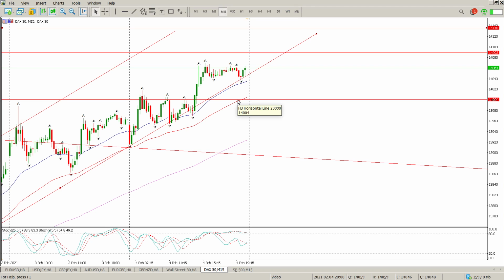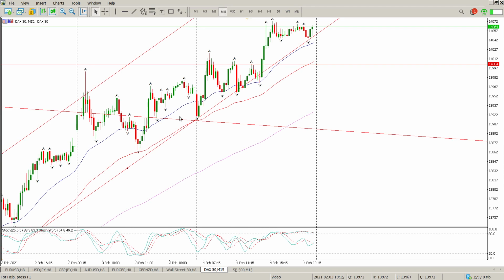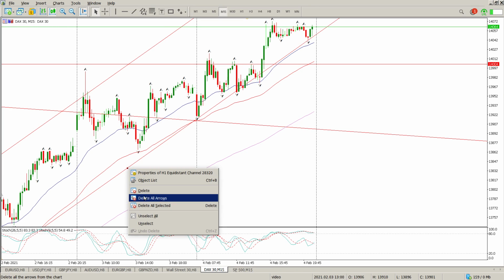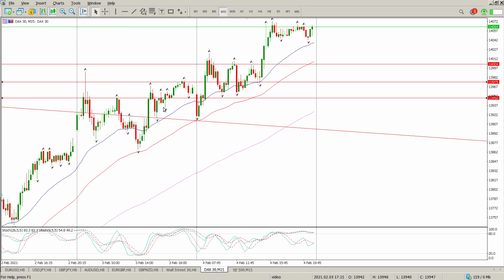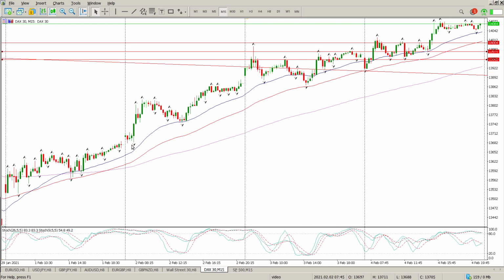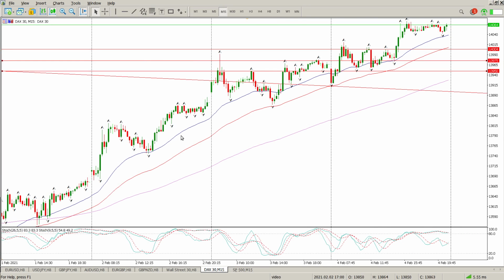Now, one of the things about a retest of 14,000 is that it does break the channel. So if we just delete the channel and forget about diagonals for now, and just put some horizontal structure levels in, that should give you an indication of where we are. So long as we stay above the 155 on the 15 minutes, this trend is pretty solid to the upside, and you can see it's been that way pretty much most of the week.